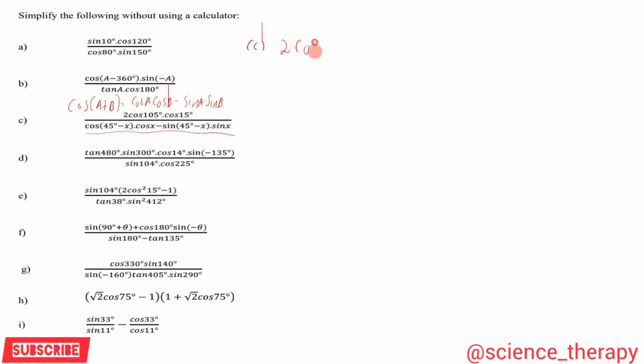We have 2 cos, and then this is 105, right? Remember 105 is in the second quadrant, so we can use our reduction formulae 90 plus theta or 180 minus theta. But looking at this, we can see that we have 15 degrees here, and we at least want to change it so that it would be similar to that one, the angles. So we can just use cos 90 plus 15 degrees, which obviously gives us that 105. Then we have times cos 15 degrees over